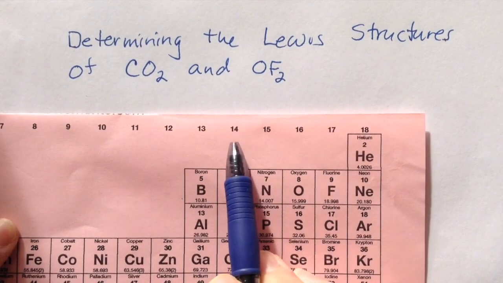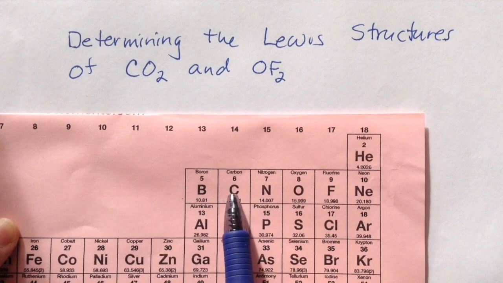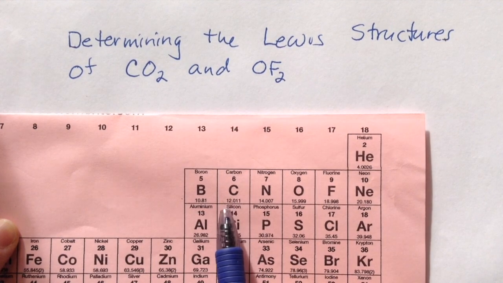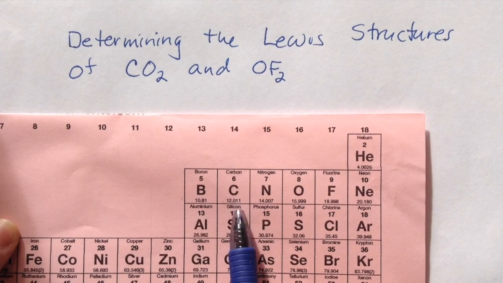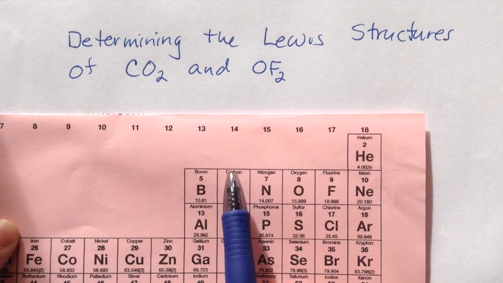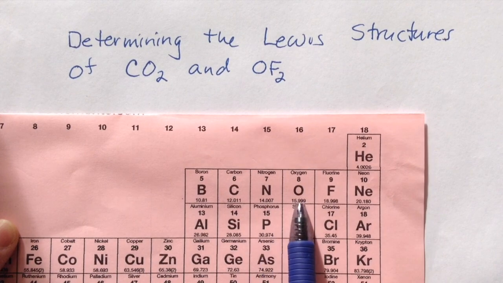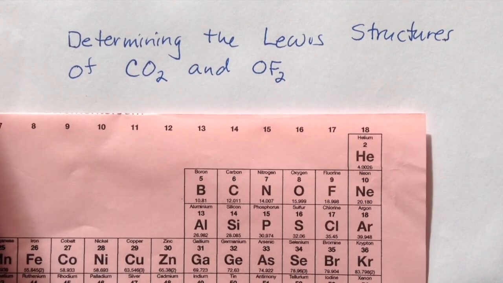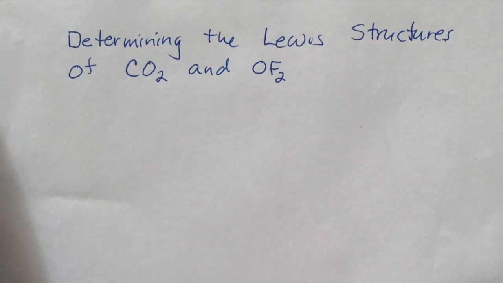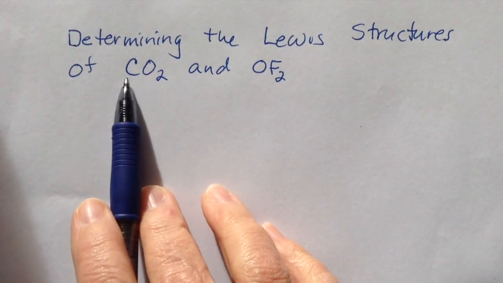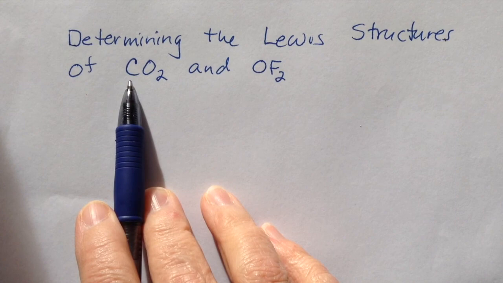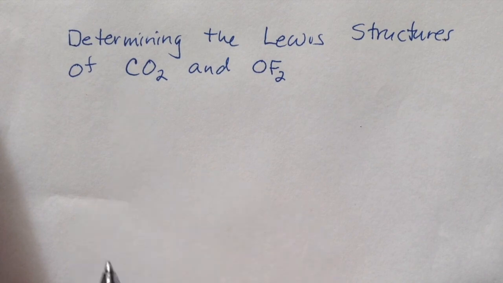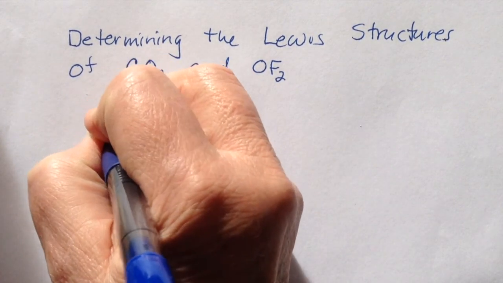Carbon is in group 14 and has 4 valence electrons, the 2 from the S's and the 2 from the outermost P's. So carbon has 4 valence electrons, and each oxygen has 6. It's in group 16. So for carbon dioxide, we've got a lone atom there. The carbon is by itself, so that'll be in the middle. And we know that it's got